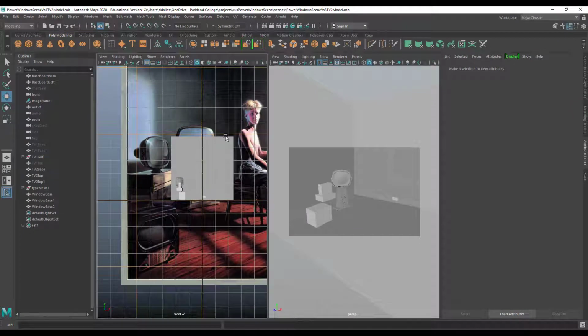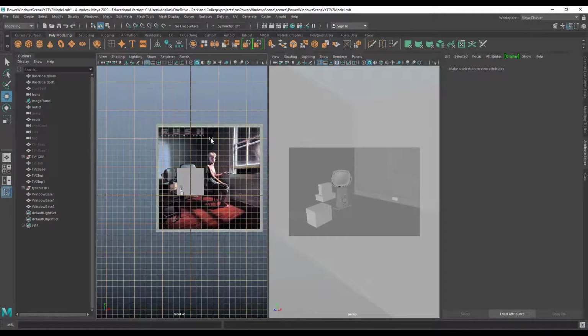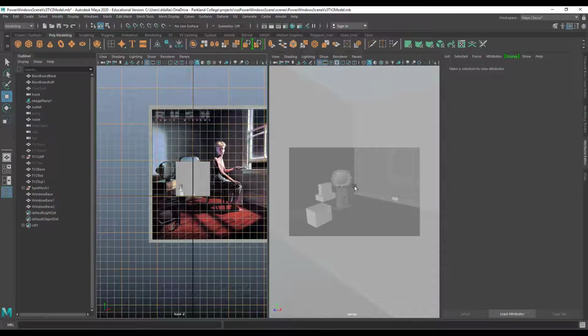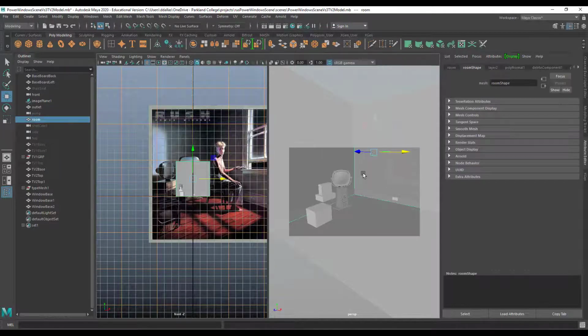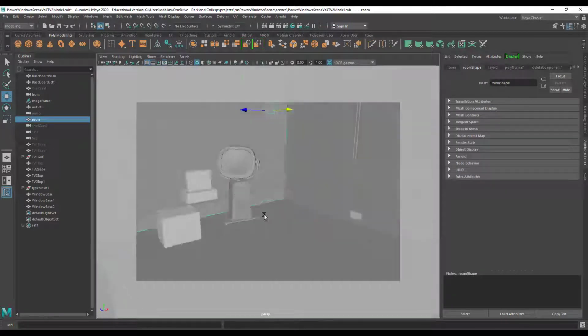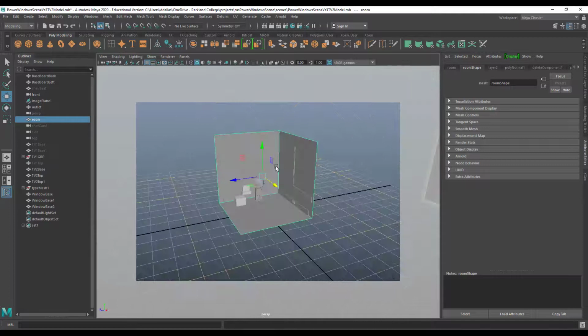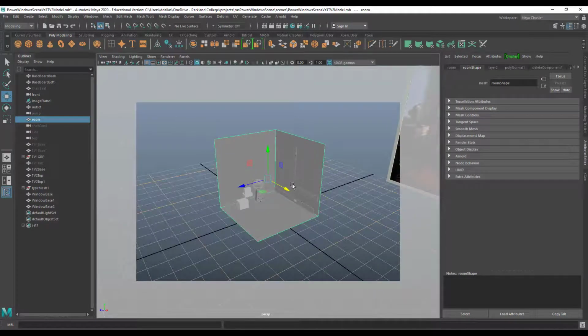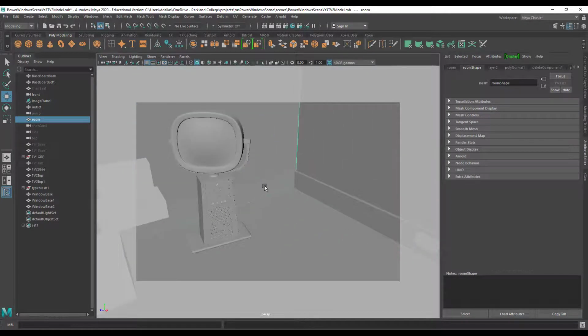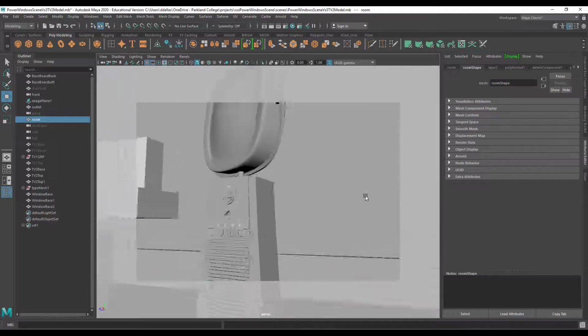So in my world here, I have my reference image in the back, and over here in my perspective view, you can see what I have so far. I have my basic scene blocked out, inside a simple cube. I haven't blocked in the windows yet or anything like that, but I have my TV. You can see